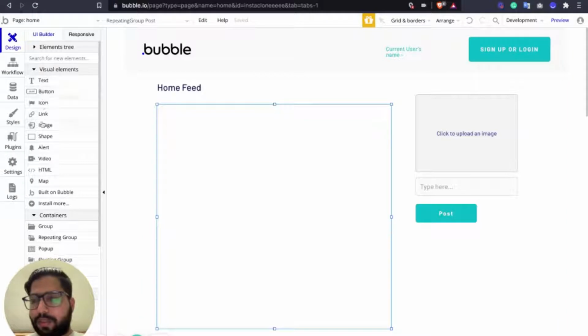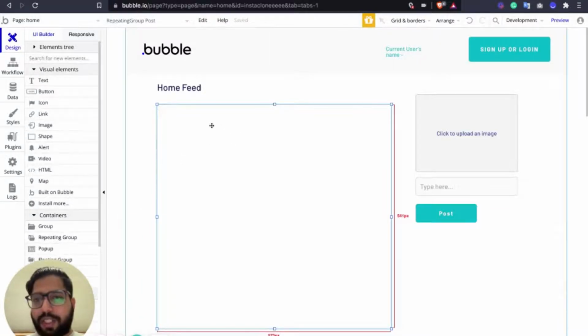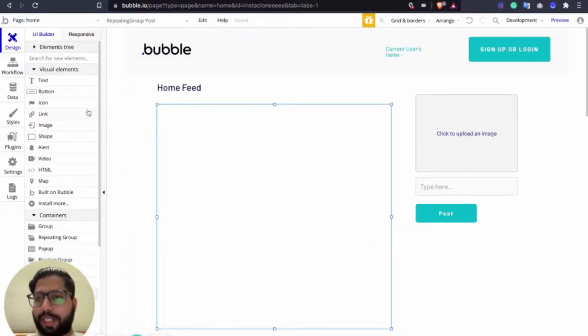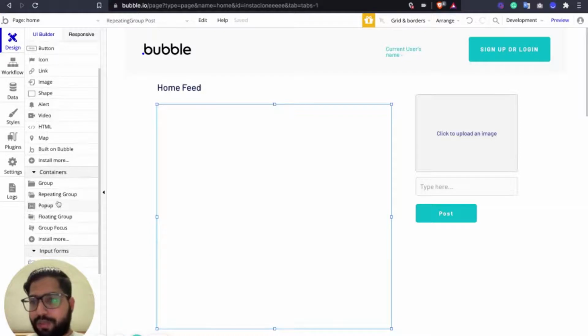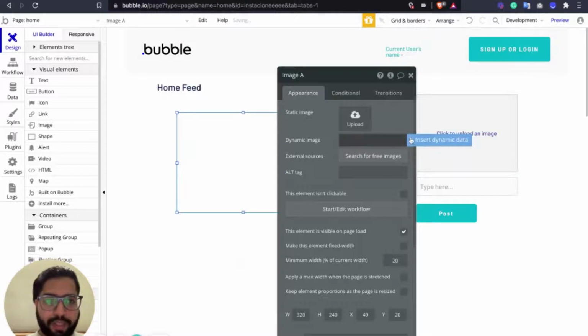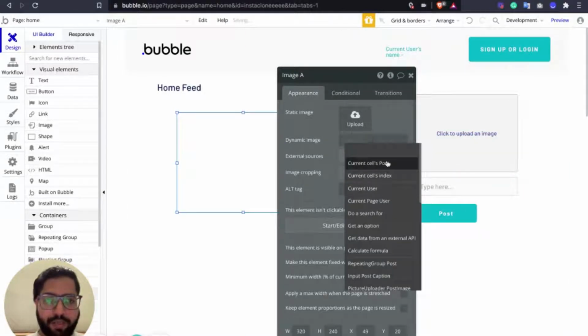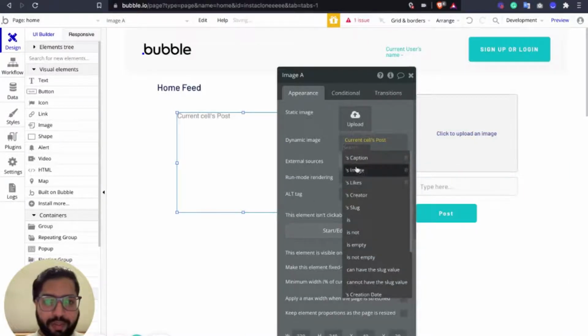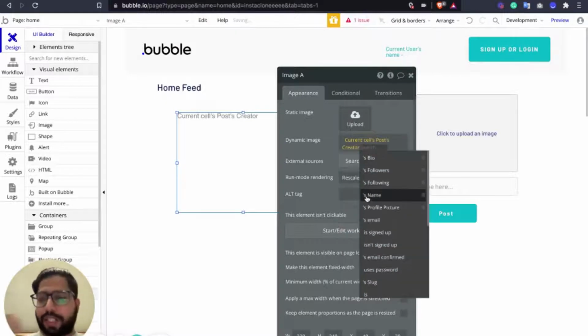So we're just going to start with, okay, like for any Insta post, you have a few things with the image of the user and the name of the user. So we're going to start with that. So we'll have an image. This would be the current cell post creator's, whoever created this post, profile picture.